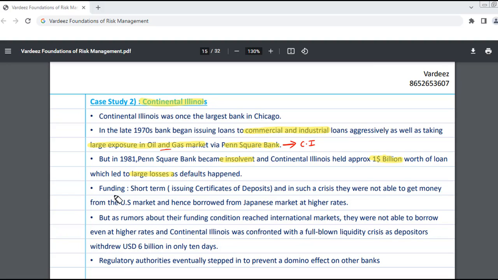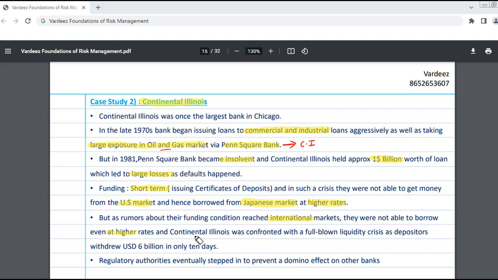Now talking about their funding, again it's short term. They were issuing certificates of deposits, and in such a crisis they were not able to get money from the US market because of the reputation. So what they did is they borrowed from the Japanese market at a very high rate just to survive this particular crisis. But as rumors about their funding condition reached international markets, they were not able to borrow even at